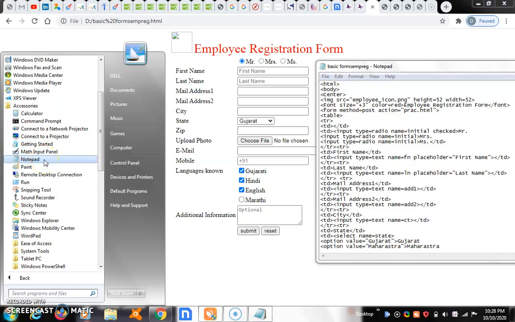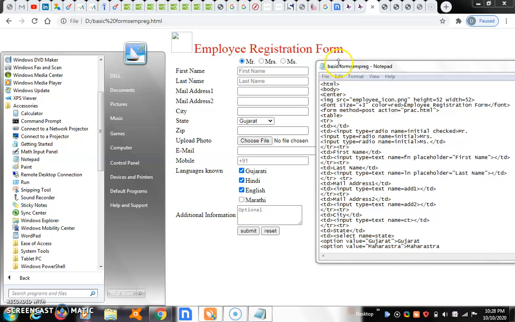There, click File and open this file. Basic face, one single space, forms, EMP or EG. Like that you select the files.